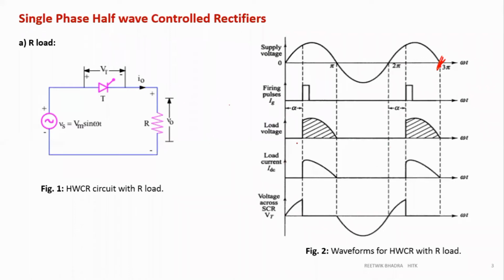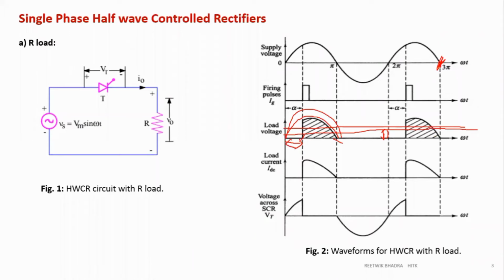Only thing is that it is a delay of alpha. So we'll see what effect this has on the output voltage and all. But for now, pictorially, you can understand that if my voltage was starting from zero, and I take the average value, obviously it will be more than this one. My average value will be a little lower than this one, because this cycle was complete over here. Now this cycle is starting from alpha to this pi point, so it has less range than starting from zero, so its average value will be less.